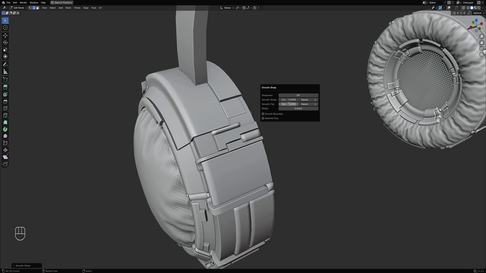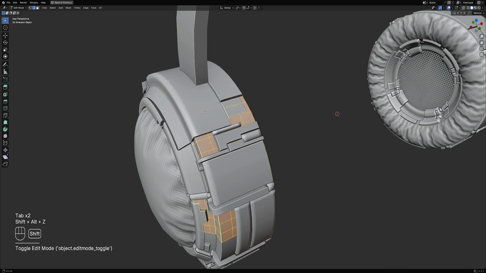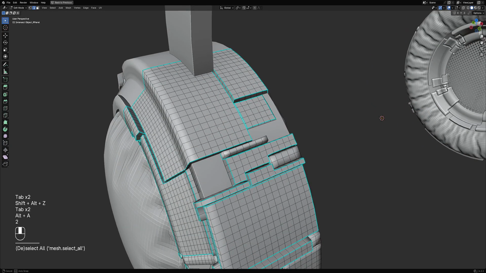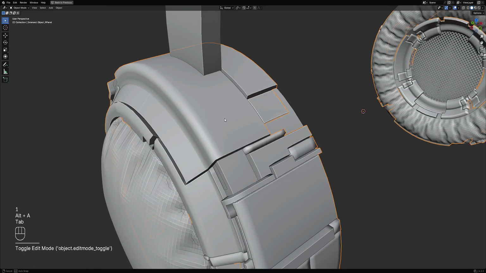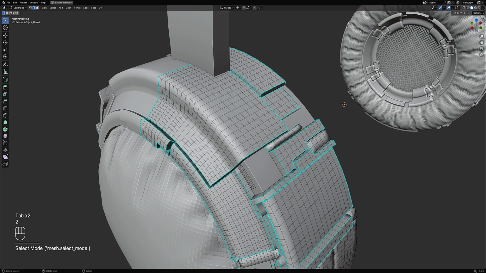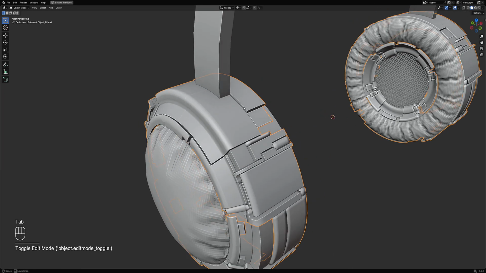This means that in your version, you only have this smooth flat, which means that the edges that don't meet the angle threshold, for example, these ones here, the vertices where we smooth it out, and the edges that are sharp or have sharp angle transitions will not be smoothed out